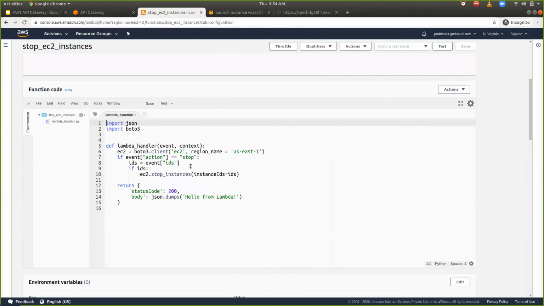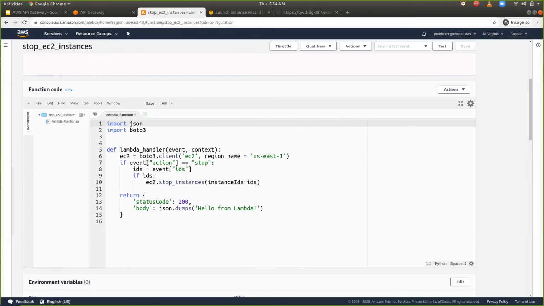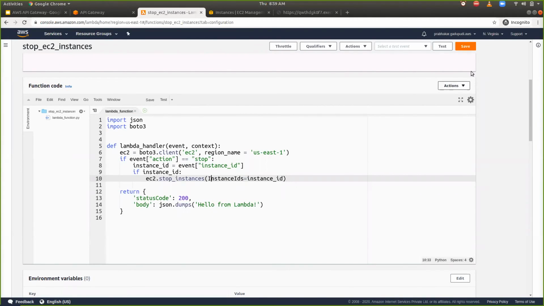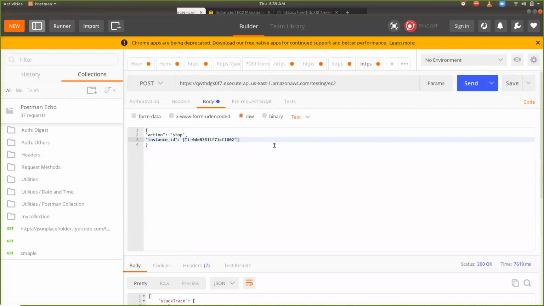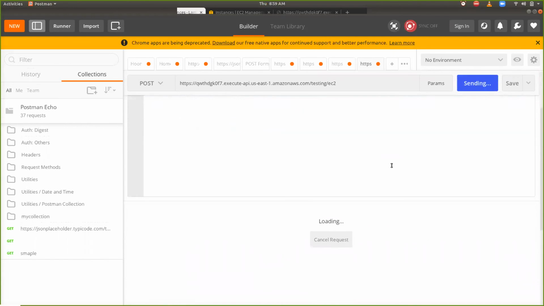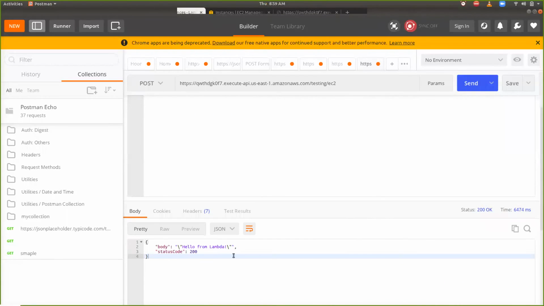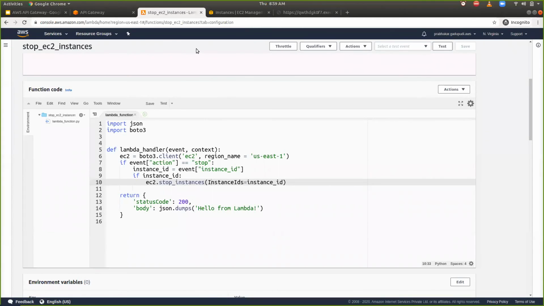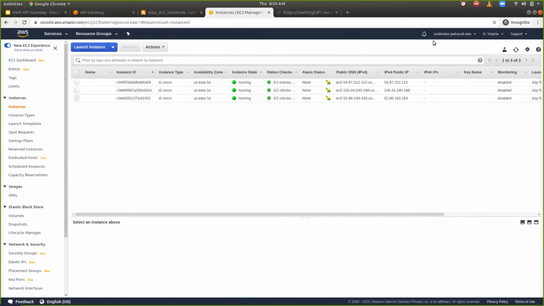Here is the code block, and I connected to boto3 and the client has been created. It should be a capital I, so you can say capital Instance IDs and save the changes. Now go back to your Postman. Here I'm passing the instance IDs as a list of IDs. You can go ahead and call this function now. See, it is returning hello world, so that means your instance is successfully stopped.